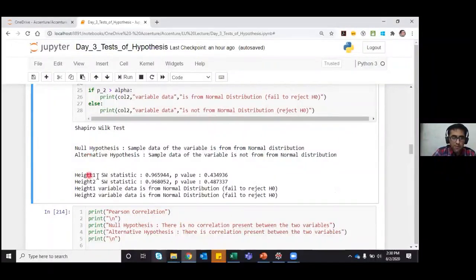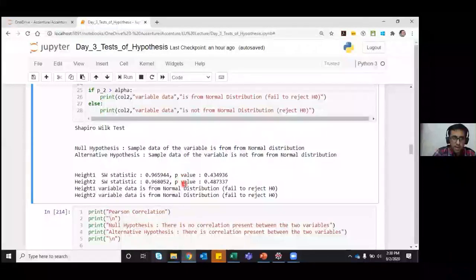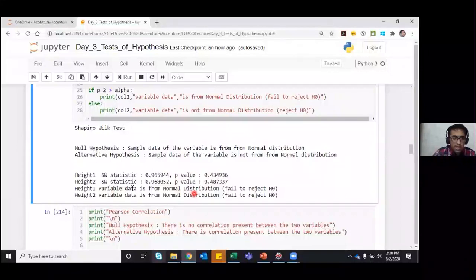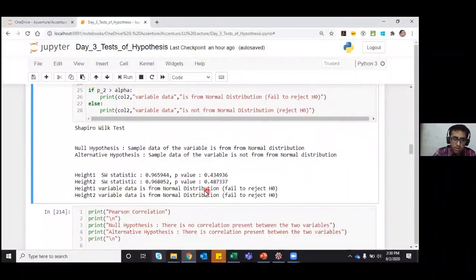So again, I have the null hypothesis and my alternative hypothesis. I have the SW statistics for height 1 and height 2, which are my two variables. These are my statistics and these are my p-values. Because my p-values are more than 0.05, which is my alpha, we accept the null hypothesis and conclude that the height 1 variable data is from a normal distribution, and the height 2 variable data is also from a normal distribution.